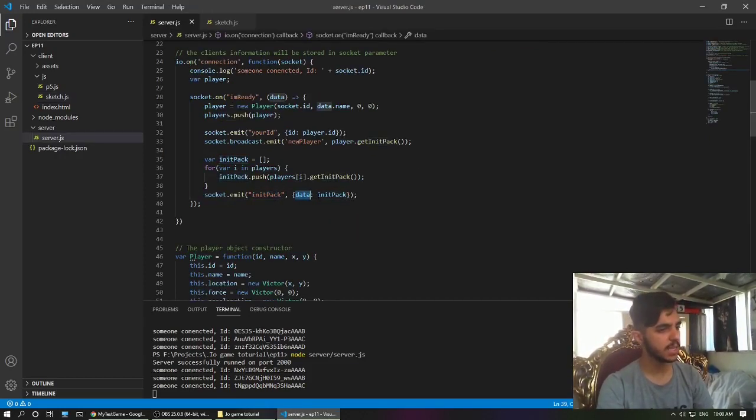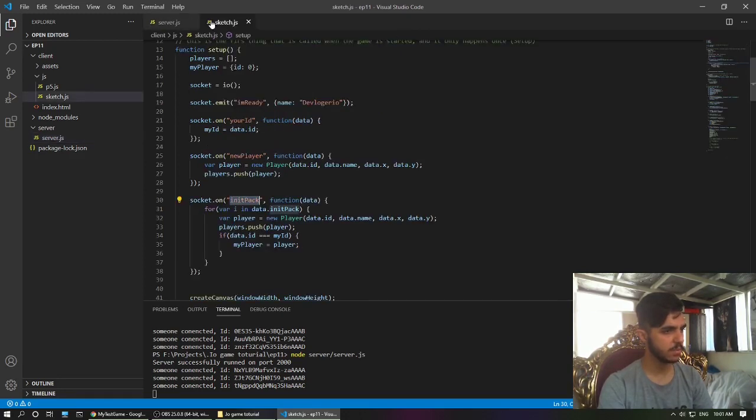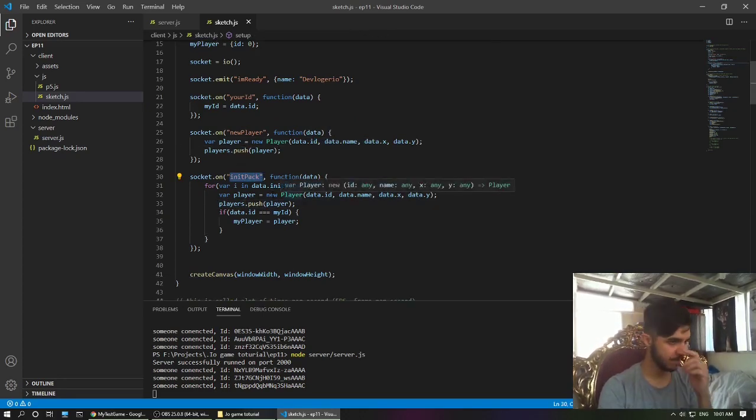Server, we send an init pack about every player. Get init pack, and we send it to that player who just connected. Before that, we tell everybody else that a new player is connected. Once a new player is connected, we add it to the list of players. Once we get the init back, we look through the data.initPack, which is,